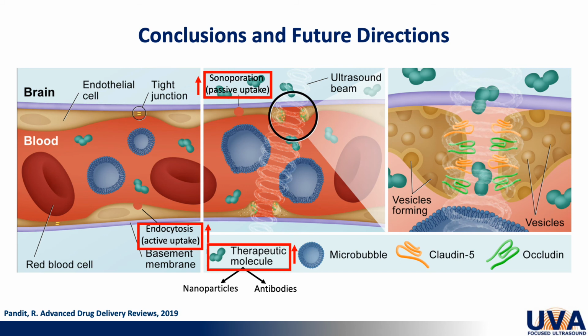And even further than that, we would like to eventually start separating out these therapeutic molecules. So instead of just looking at antibody delivery, which can be around 4 to 5 nanometers in size, we could look at nanoparticle delivery, which can range anywhere from 1 nanometer in size to 100 nanometers. And so being able to differentiate the effects of particle size and passive versus active uptake will help us design better therapies